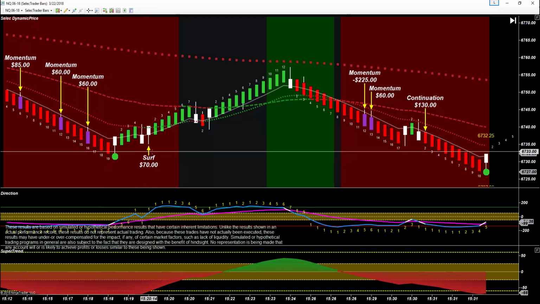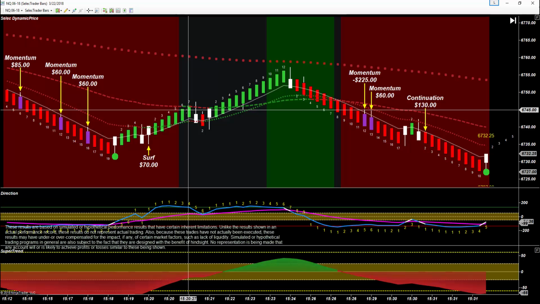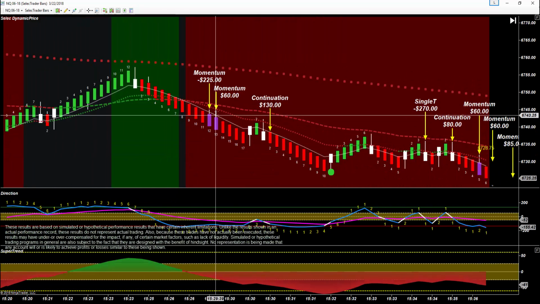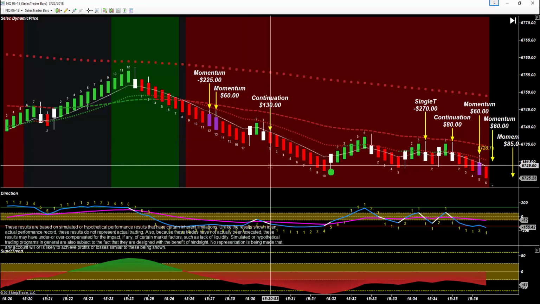Then we have a surf, very short reversal here, but it is good for a couple extra ticks on our runner. We have a momentum that does run into this 15 tick tail here and we just get stopped out, but we can hop back in and grab our profit target. Then we have a continuation at 15.30